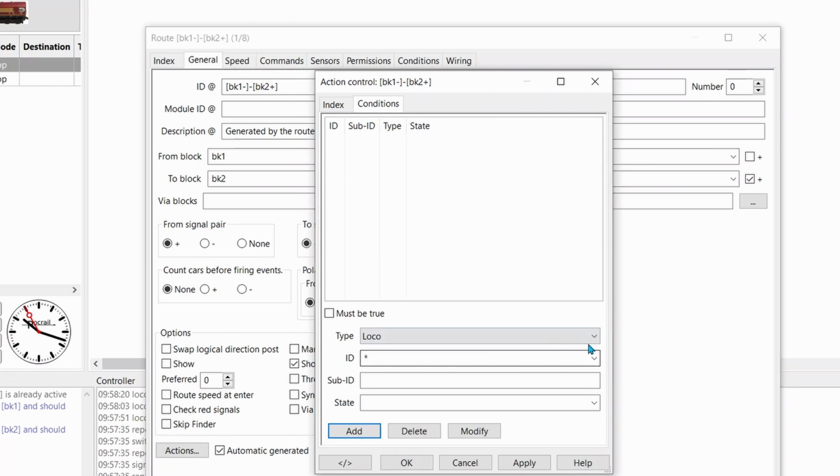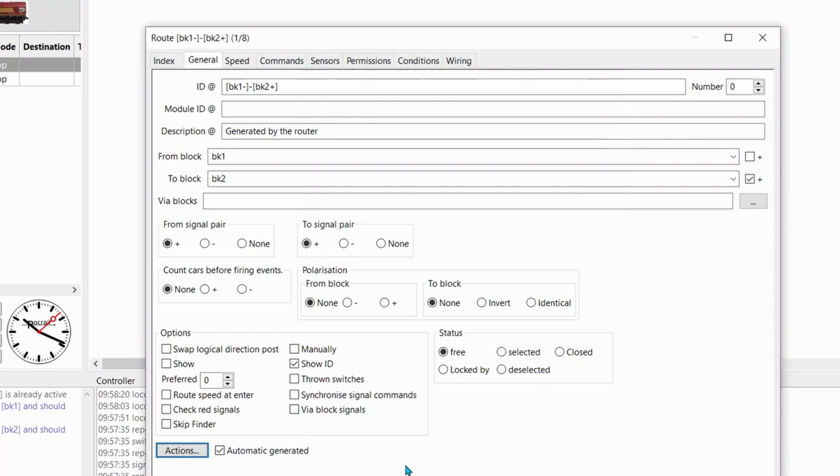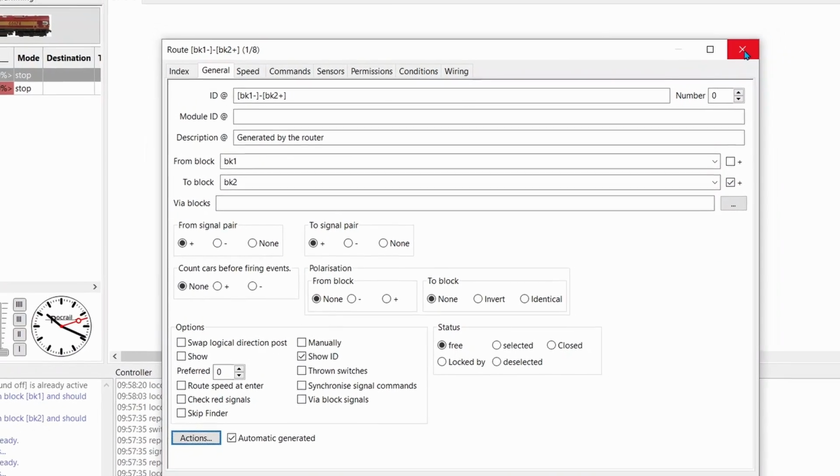Conditions. We'll go again and we'll give it the ID 78. Add first and then apply. OK. So that's the scene we set up.